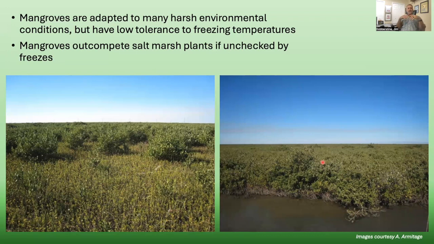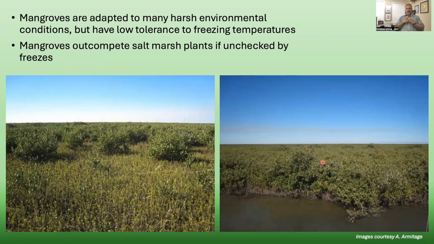And so the seeds floated up in there, they germinated, you got these plants. Over time, we went for a long time where we didn't have any freezes. And those trees went from little scrubby things that were really just a few inches tall to these really big trees, several feet tall. And they were starting to crowd the Spartina that were directly in front of them. And as they grew, they were shading those Spartina, and the Spartina were starting to evacuate. And the Spartina were actually getting out into deeper water. So this band of Spartina was actually getting thinner along that shoreline while the mangroves were expanding until we had